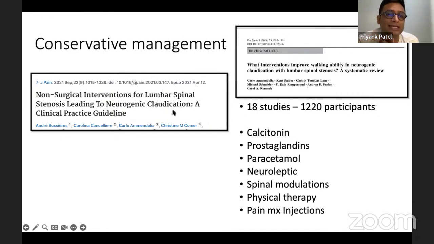But let's say the patient says that whenever I'm changing position in bed or getting up and walking, I'm having a sudden sharp pain in the right leg, and then after walking for some time, my leg starts cramping and I have to sit down. This is a situation where there is stenosis in the spine and one of the nerves is irritated, or there's radiculitis. That is where your block is going to work. Here you want to identify which level it is and give the block.